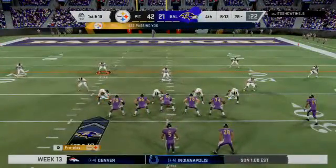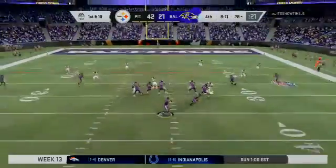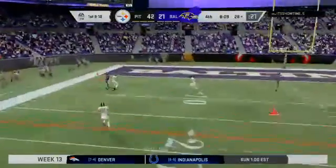This game has the feel of a turkey bowl, a Thanksgiving day. You know, when we get together this year and the Davises and the...